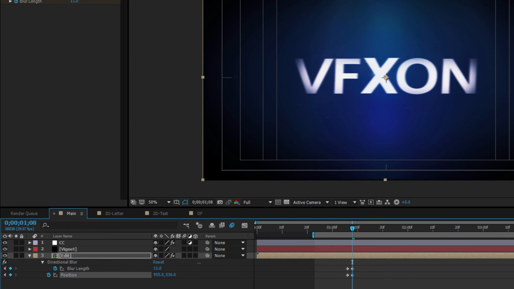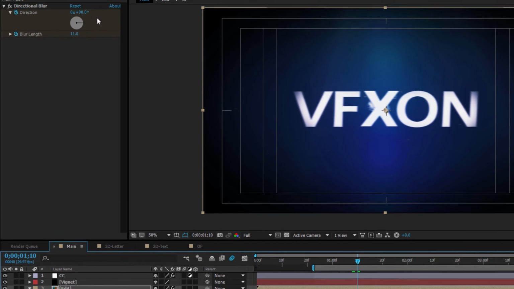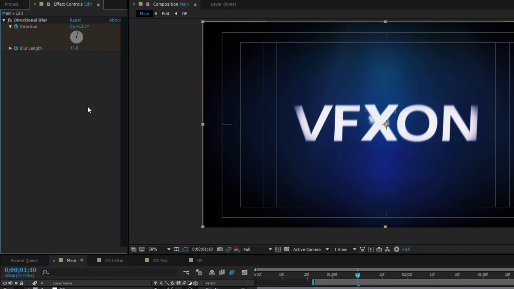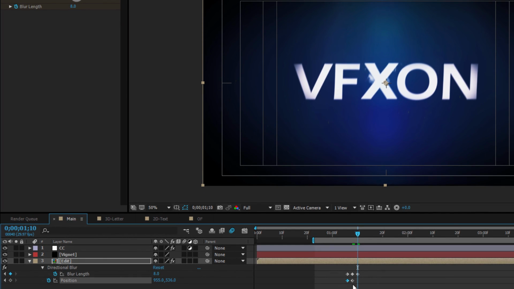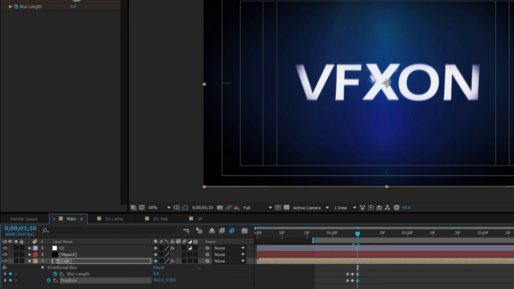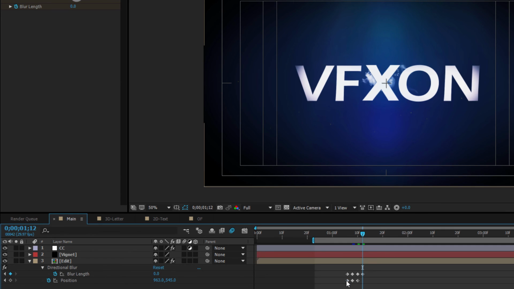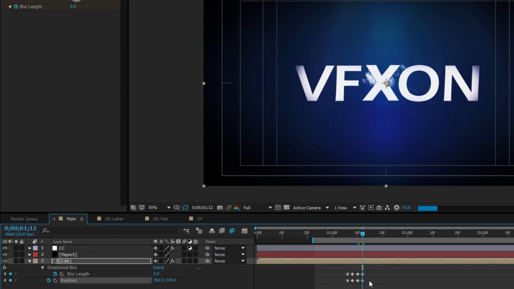Okay, so basically down and left. And again, 1, 2 frames forward. Now direction to 13 and length to 8. And now let's take this keyframe, copy and paste it, and just move it to the other side like that. And now again, 1, 2 frames forward, blur length to 0, copy the first keyframe there, just paste it here,